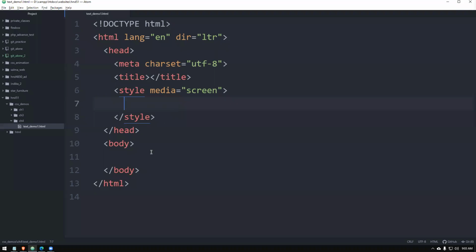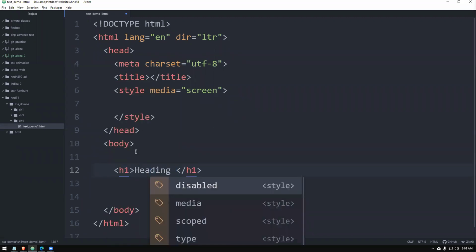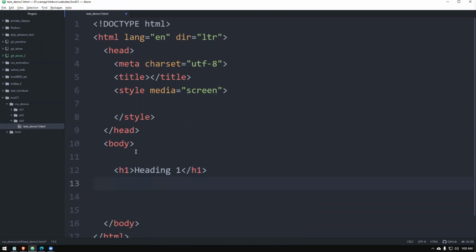In our web page, you can do this one with me if you like, right? So we'll have some text in the web page so that we can format it. So let's have a heading, right? As usual, just give it a heading 1, then have a heading 2 also.